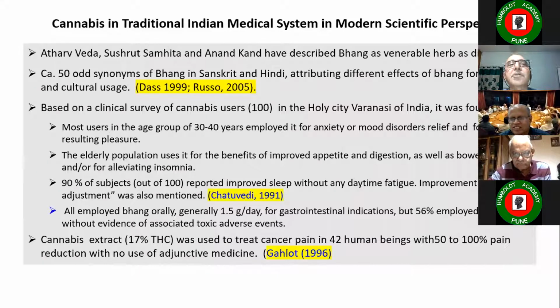Cannabis is a traditional Indian medical system. It has been very well documented, and there are almost 50 different names given in the Ananda Kand, which I have downloaded. These names attribute the different applications, so at least 44, 45 applications are defined in Ayurveda, our ancient literatures. And they are documented by the Das and Rasso. Rasso is also, Ethano Rasso, very well, it is written